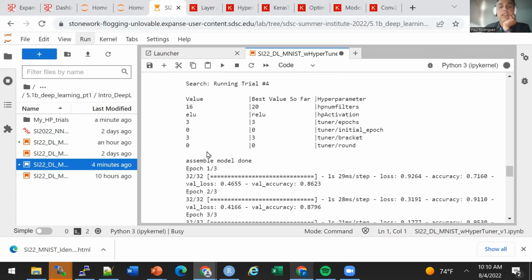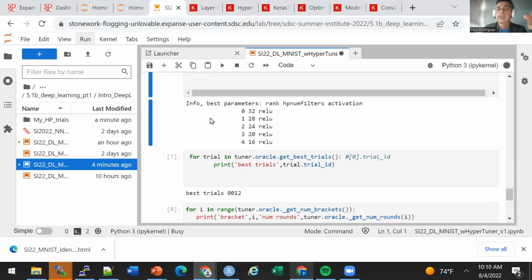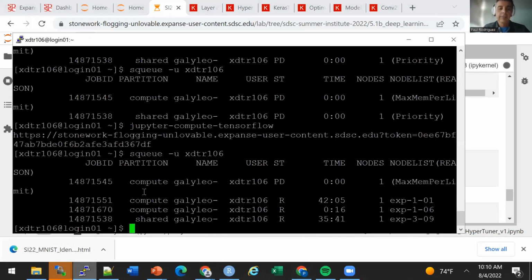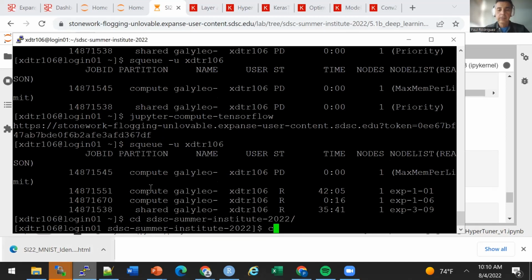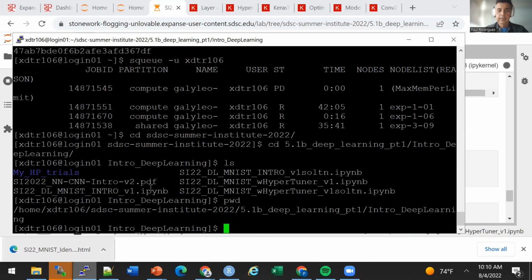And it's running each of this first part with only 3 epochs. But as it runs, it'll reload some of that information. Now you can also go, let me show you this. We can go into, if you go into the directory where we have this notebook, okay. So on